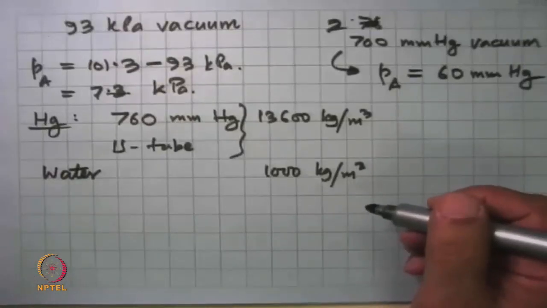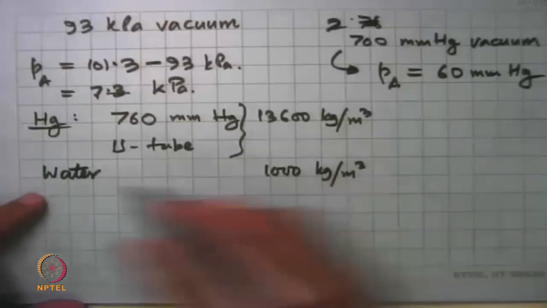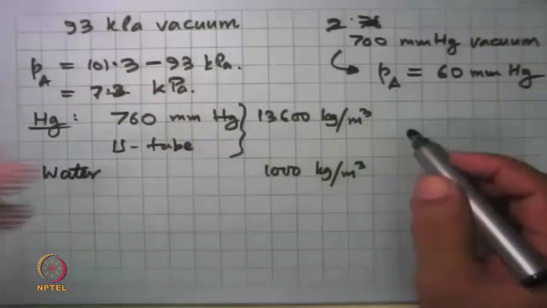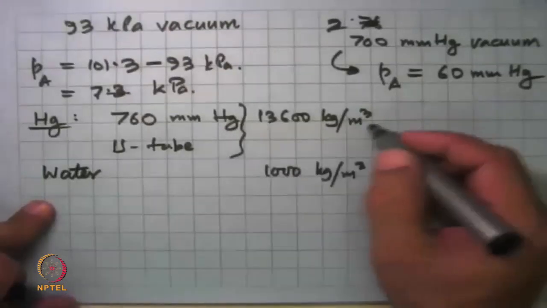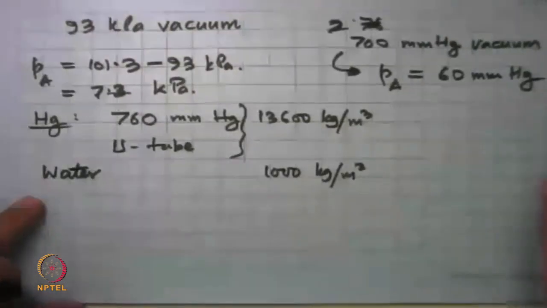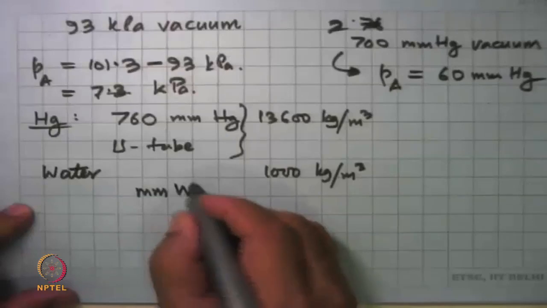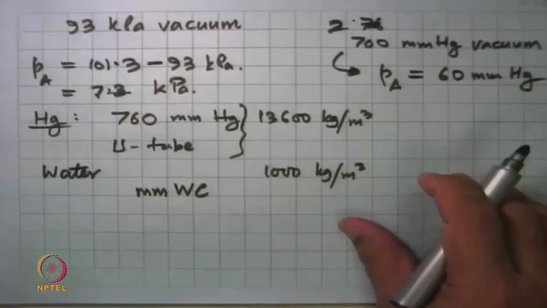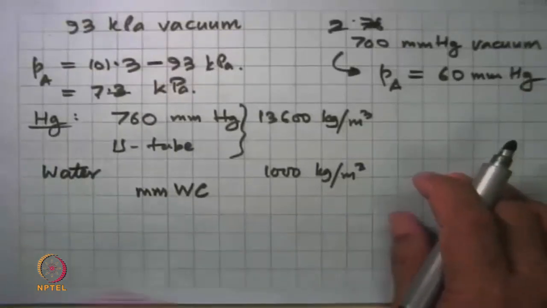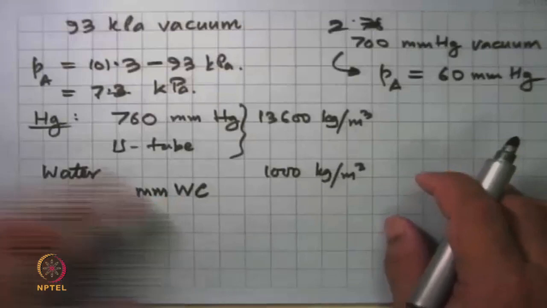So if I have a pressure difference of 100 millimeters of water, then mercury will show a very, very small increase in level, and it may not even be possible to measure it. So there are places where we do measure with water. Water has a problem, it evaporates. That's something you need to worry about and take care of. Mercury doesn't have that problem, but it is a toxic material. So sometimes we express pressure in millimeters of water column, mmWC. Quite often it is done in things like building air conditioning, where the building is at a slightly higher pressure than the surroundings. That pressure difference cannot be measured in millimeters of mercury. The preferred unit is millimeters of water column, or say millibar.